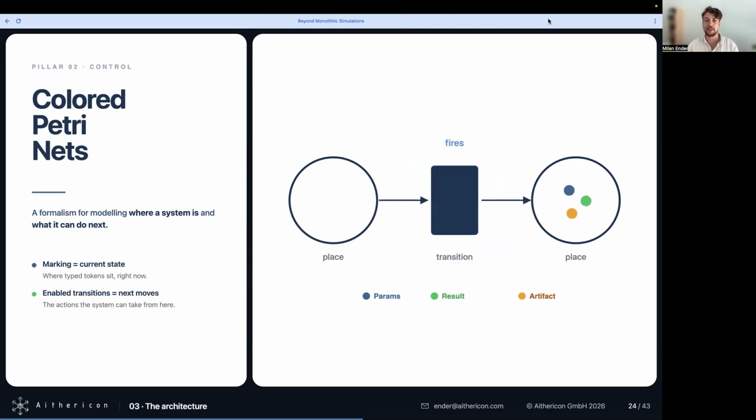It's basically a way to model state and the transitions between states, like a state machine, and we have a formal concept now for this. So every place represents a possible state. Then we have transitions between those, and we have tokens that represent our data, our actual where we are, basically.